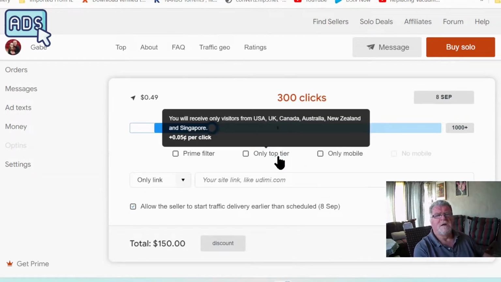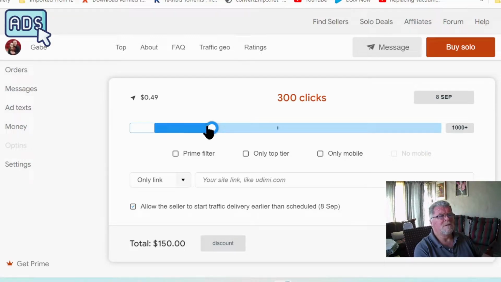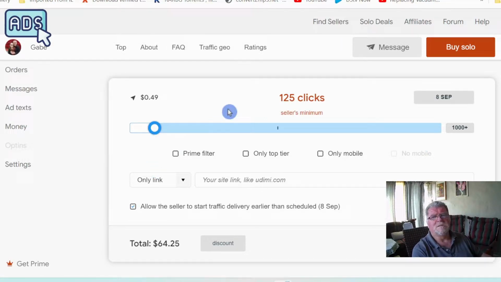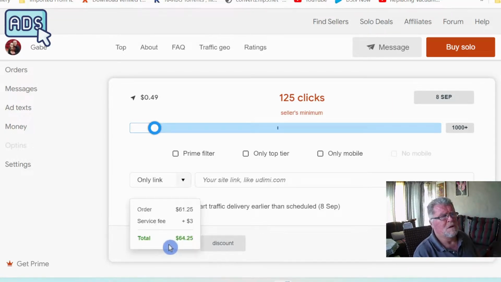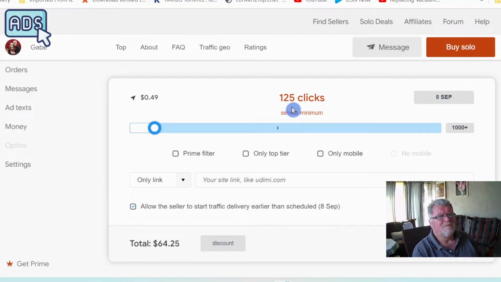Then over here there's a slider scale that shows how many clicks he will send to you. He's got a minimum of 125. Some of them have got a minimum of 100. So you start off with the bare minimum. Let's see, like 150 clicks is going to charge you $76.50. You take his minimum clicks that he's willing to give to you. Then you work out at 125 clicks for 49 cents a click. The total works out to